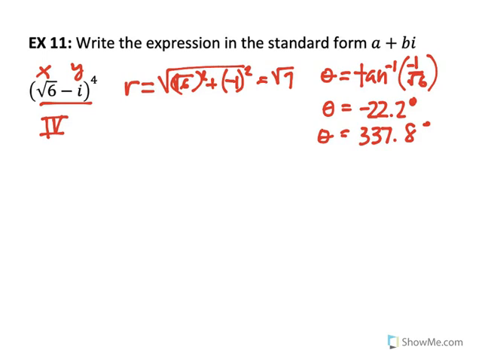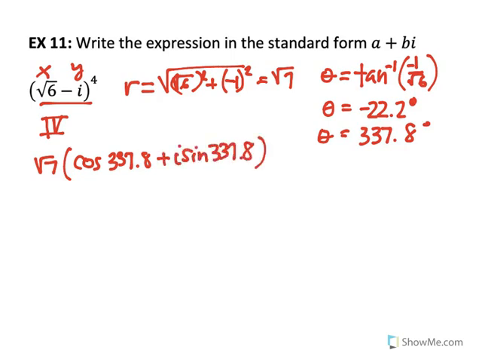And so here we go. I'll go ahead and just write my polar form right now. My polar form would be root 7 times cosine of 337.8 plus I sine of 337.8, and then it's going to ask you to take this to the fourth. So when I take it to the fourth, I take root 7 to the fourth, and then